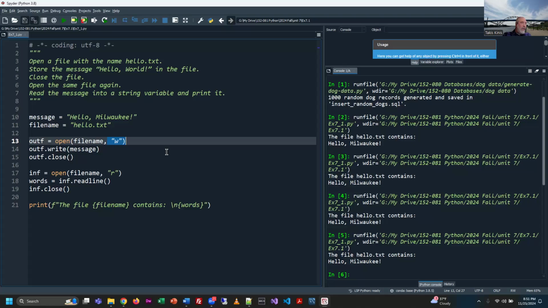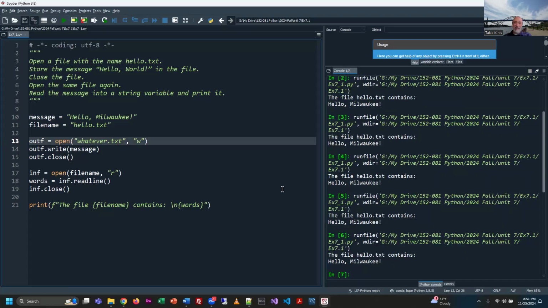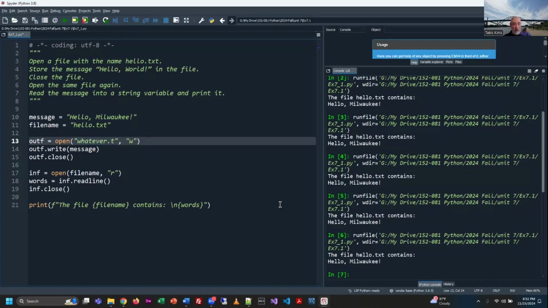However, if we did something, and maybe this is a better way to do it, instead of hard coding a name in there, if I did whatever dot text, now I can break it, right? You guys hedging bets on this? Now it still works. So the right switch, that's really kind of the grand theme of all of that. And if you want to put in your comment here,